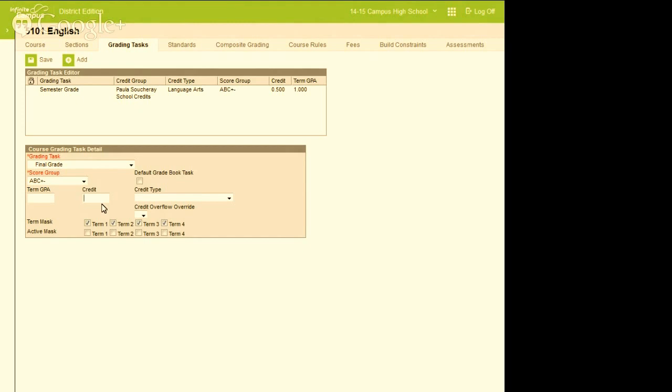As soon as you post the transcripts, that's when you have the updated GPA, class rank, everything, because it's looking at that credit that was earned, what was their score, was it a weighted scale or not?